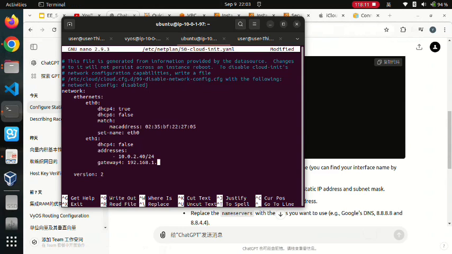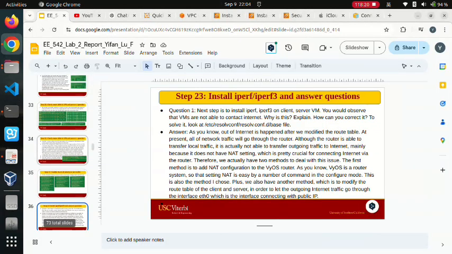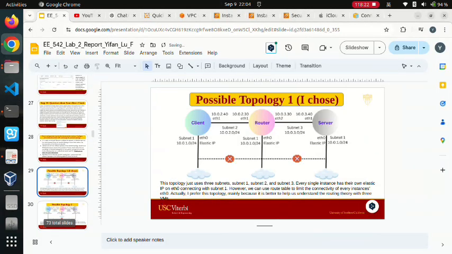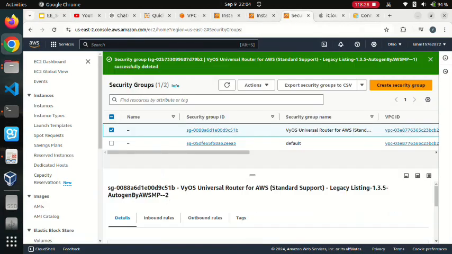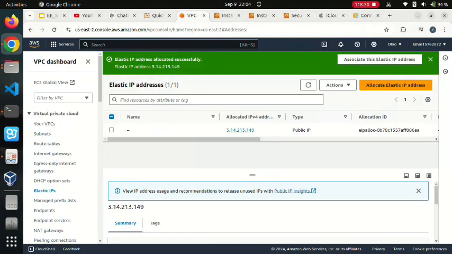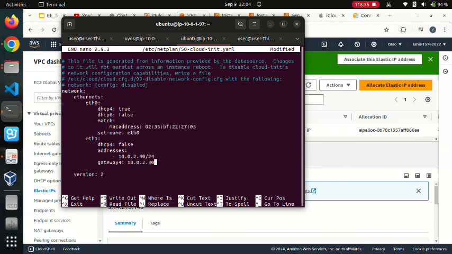The gateway should be 10.0.2.30. Why is it 30? Because if we go back to the topology, we can see the router side of subnet 2 should be 2.30. But the specific IP address is up to you. Okay, and then